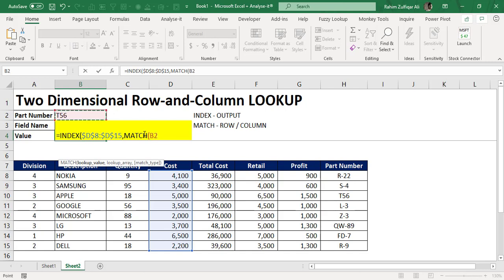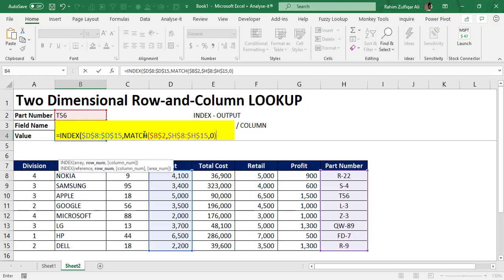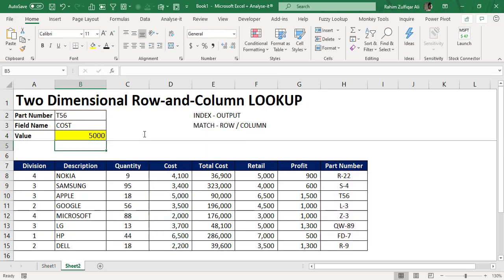We know that the part number is available in B2, that will be our lookup value, and the lookup array for that part number would be column H, from H8 to H15, and make it absolute. And definitely we know that these part numbers are text strings, they would be exactly available in column H. So we will be using the exact match, and for exact match we need to write 0 here.